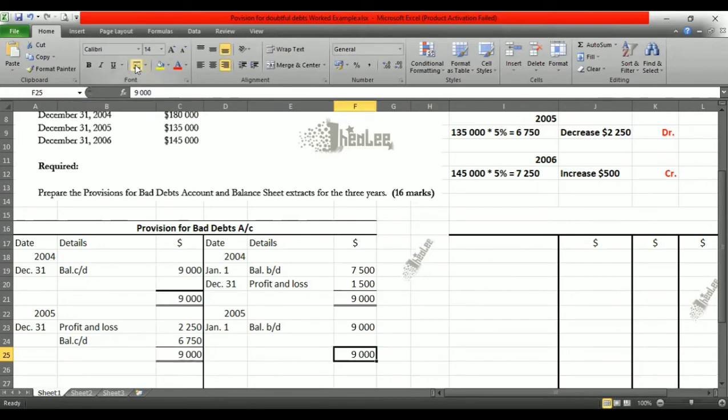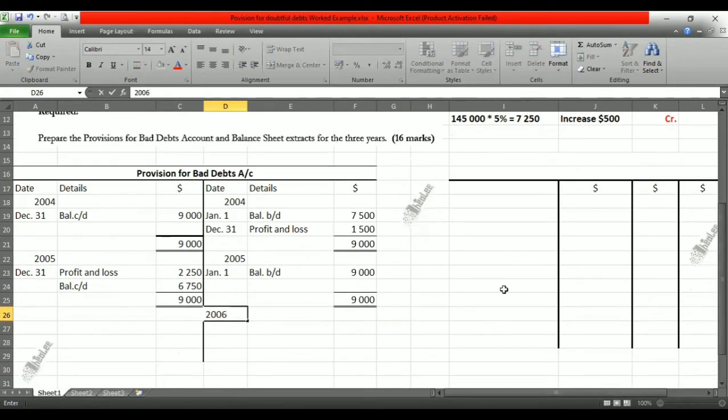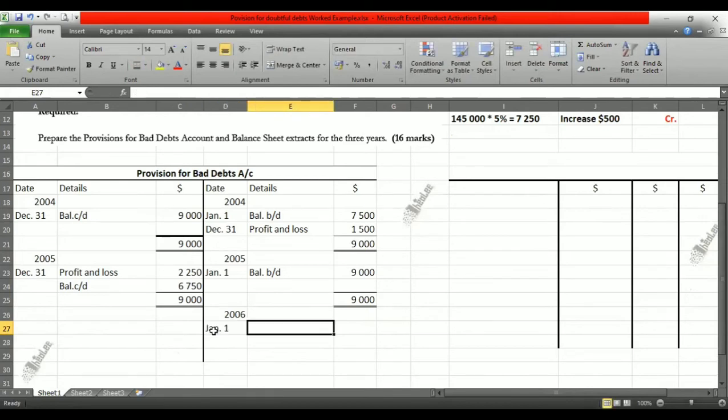So let's proceed to put in our balance brought down at the beginning of 2006. And basically what you're doing is completing your balancing off process. So that is January 1st, 2006. Our details is balance brought down, and the amount is the same thing as your carried down, which is